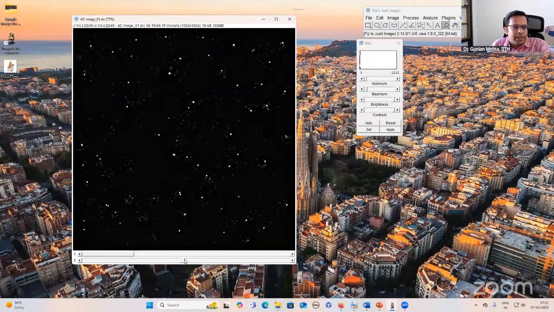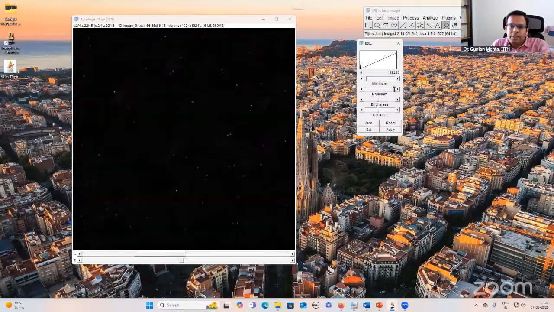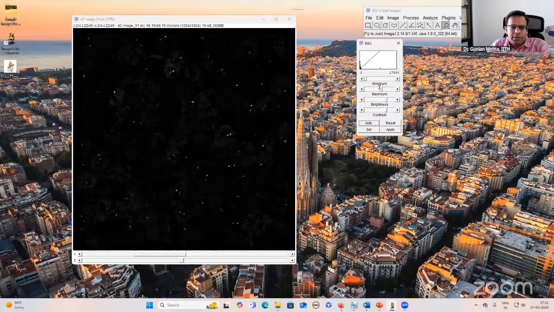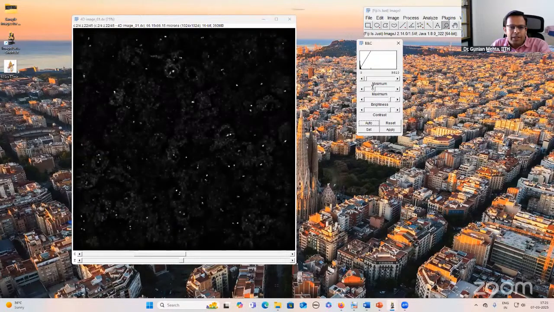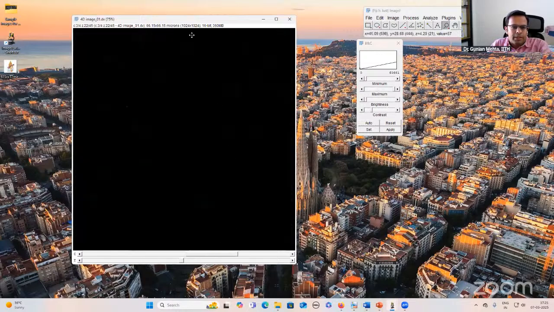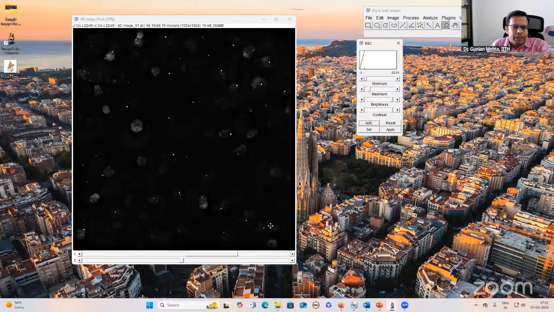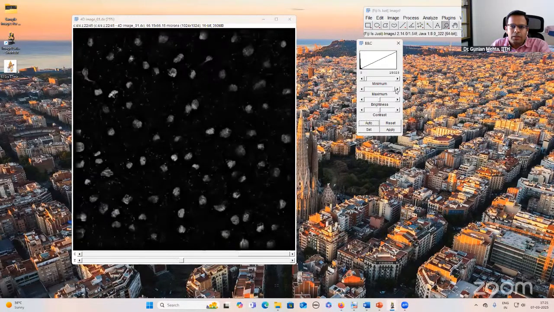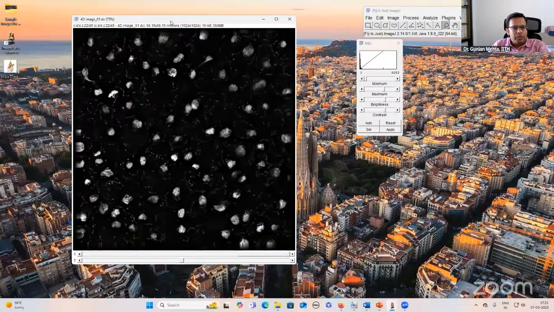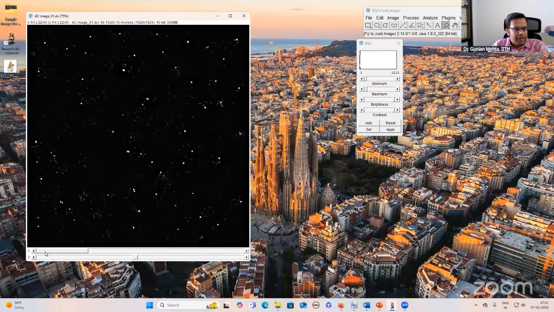Again, I'll put the Z-stack at center. Okay. I'll go to the next channel for the brightness and contrast adjustment. In this channel, I will push this bar this way and adjust the brightness and contrast in such a way that I can just see these 2 dots per cell. Then I'll go to the third channel, and here also I'll adjust the brightness and contrast. And then I'll go to the 4th channel, and here I'll also adjust brightness and contrast. Okay. So this is how my 4-channel image should look.